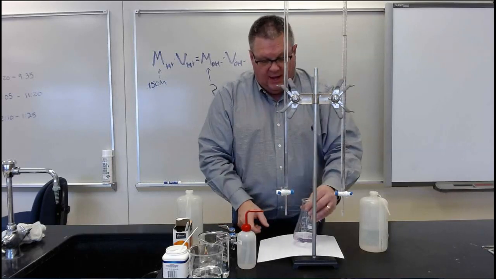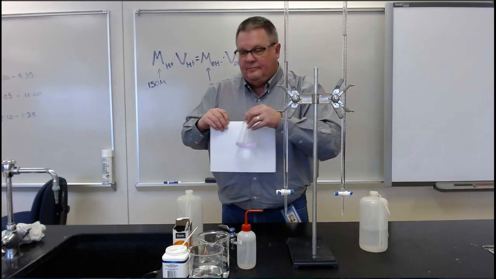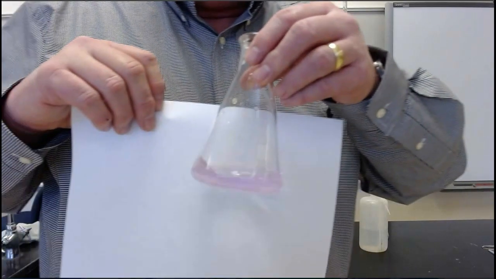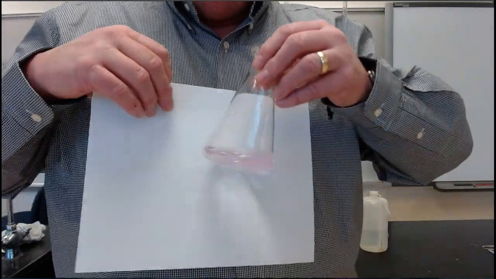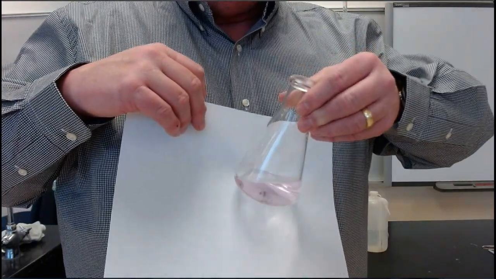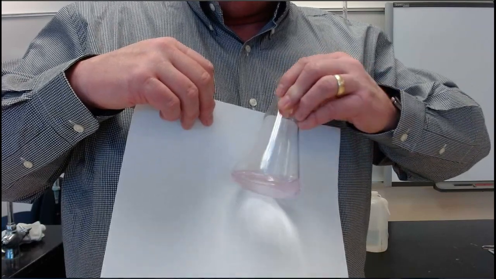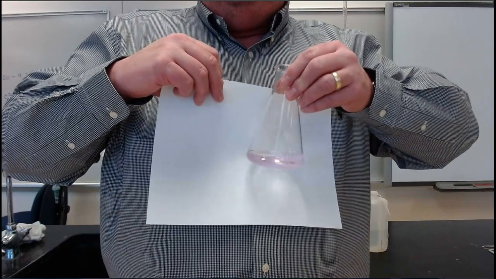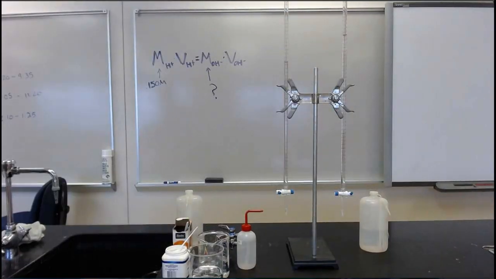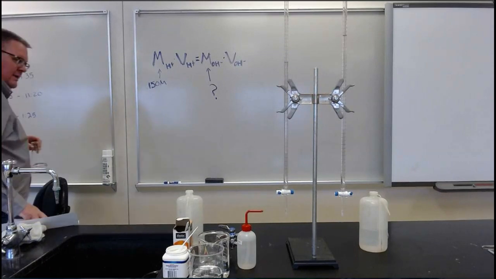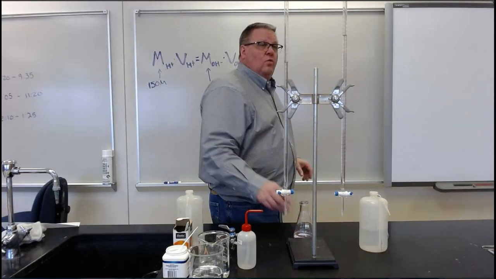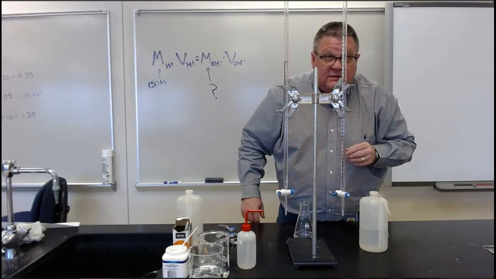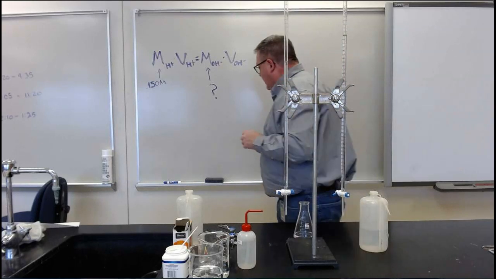Okay, and so you can see right there that is very light perceivable pink. Okay, there's definitely not clear and colorless, and it's not dark. All right, so that is the end point. Now, at the end point, we're going to measure our volumes here. Okay, so we used 16.50 milliliters